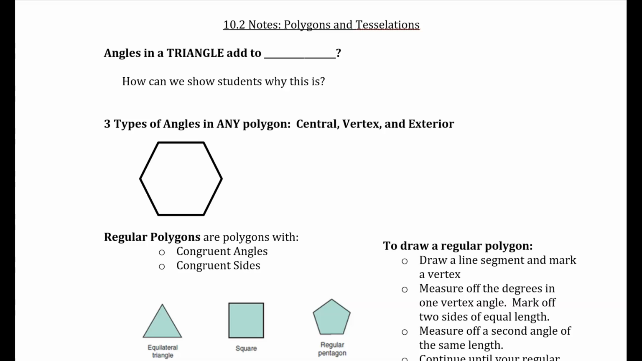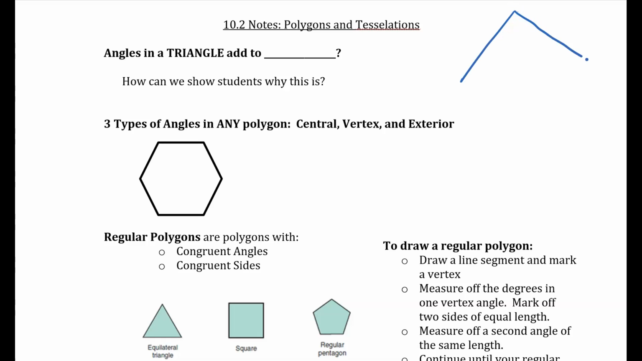Hi, welcome to section 10.2, which is on polygons and tessellations. We're going to start with talking about angles in a triangle, and then we'll move to all different types of polygons. So when we think about a triangle, any triangle really, I'll draw a picture of one on the paper,